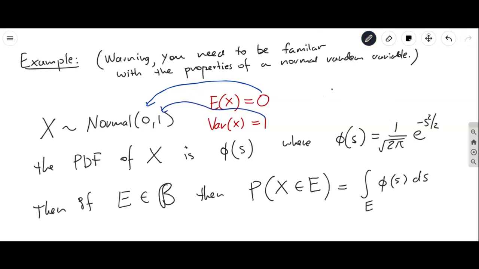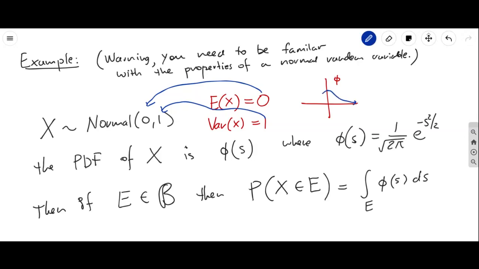Now, I just want to caution you a little bit. When we say uniform 0-1, here the meaning of 0 and 1 is different. This is just an interval. This is not an interval. This is the expectation. That's the variance. The expectation of the uniform is 1/2. Okay, so this is normal 0-1, and the picture for the probability density function would be that this function phi,